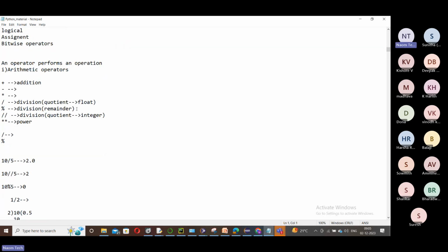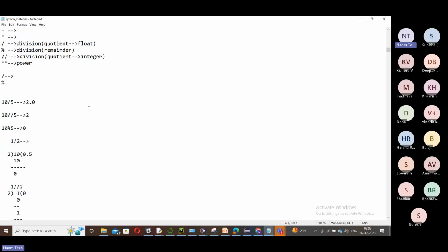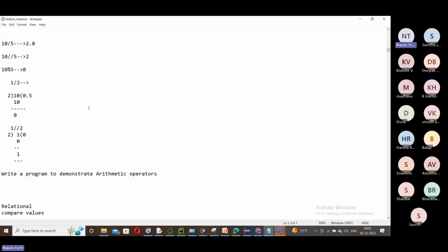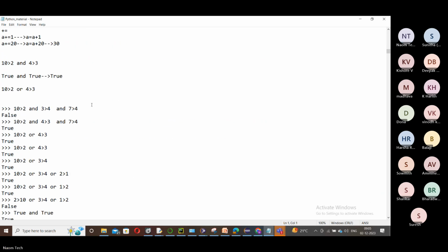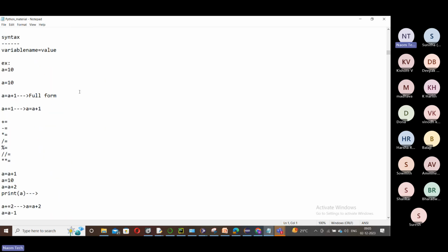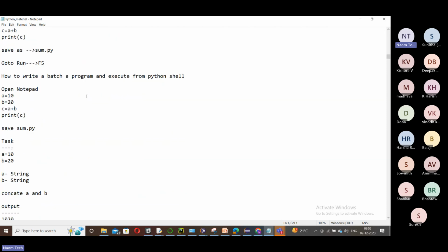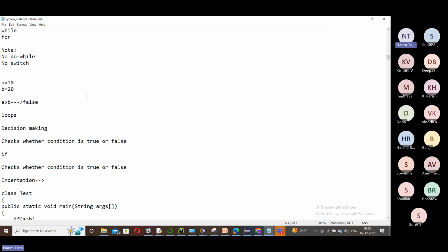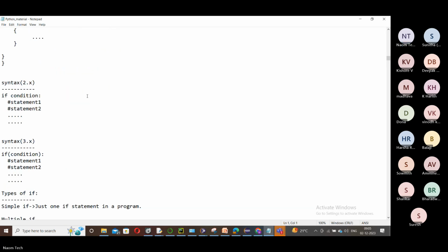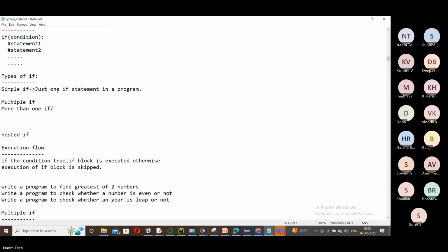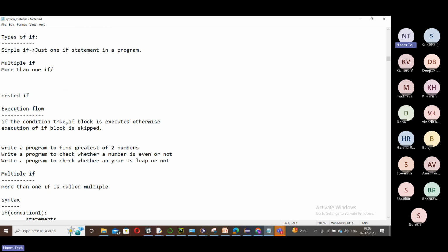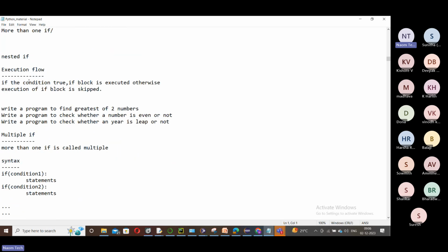We have learned many things in the last couple of sessions in Python. We discussed decision making statements: simple if, multiple if, and nested if.